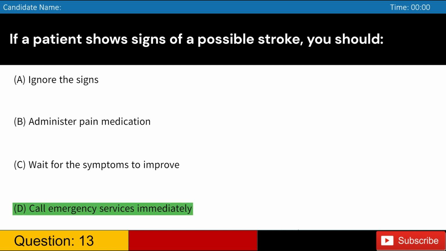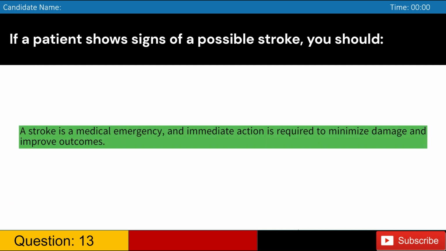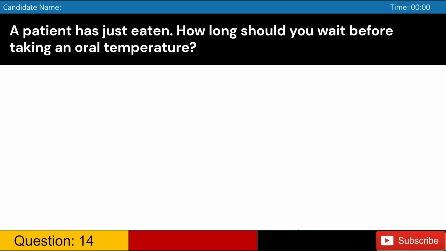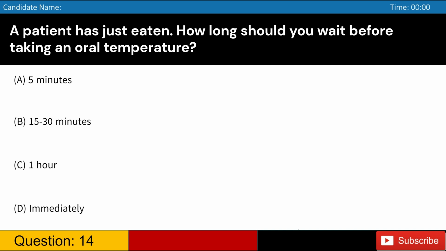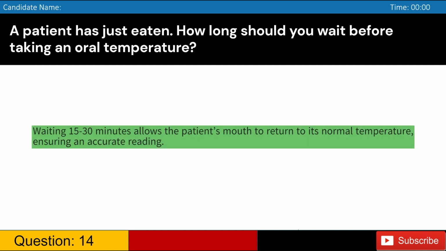Answer D. A stroke is a medical emergency, and immediate action is required to minimize damage and improve outcomes. A patient has just eaten. How long should you wait before taking an oral temperature? A. 5 minutes. B. 15 to 30 minutes. C. 1 hour. D. Immediately. Answer B. Waiting 15 to 30 minutes allows the patient's mouth to return to its normal temperature, ensuring an accurate